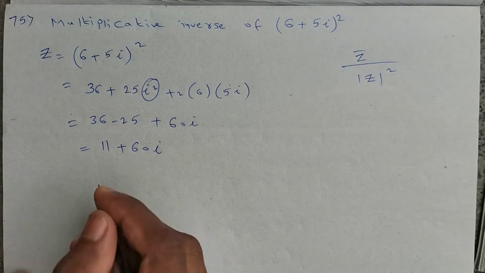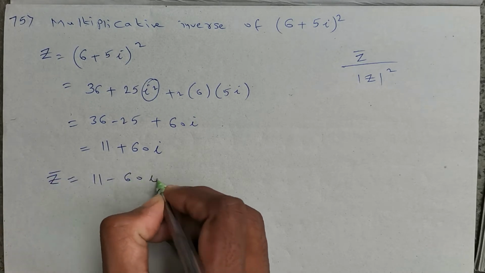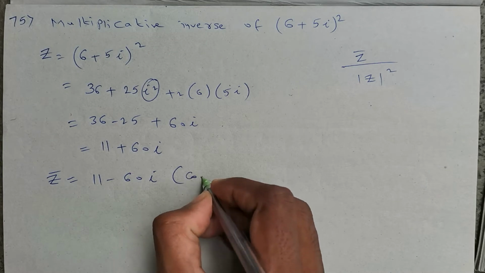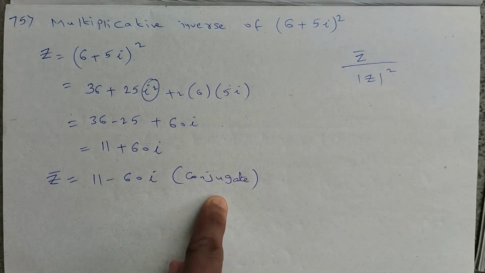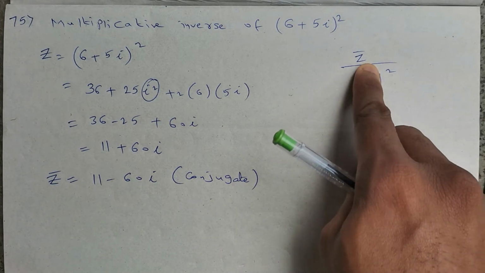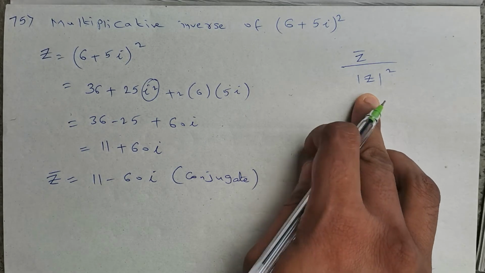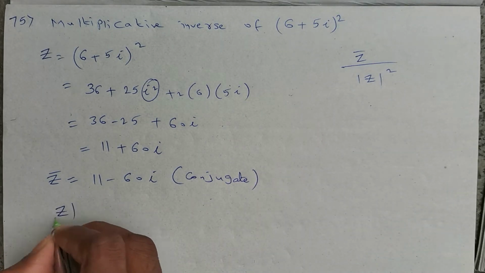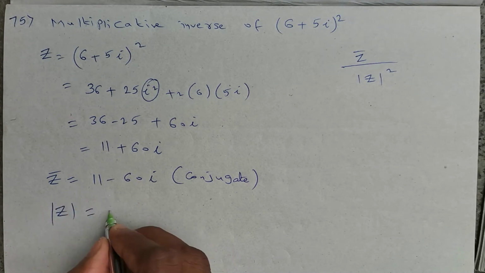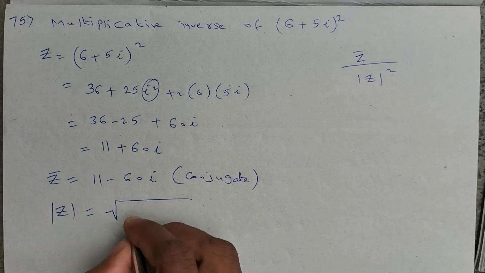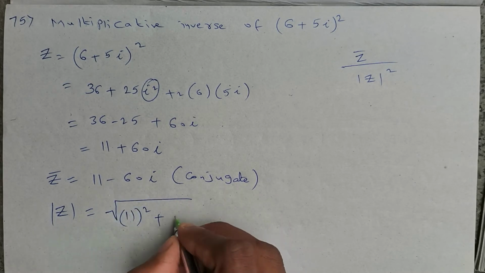So conjugate of this, that is z bar, is equals to 11 minus 60i. This is conjugate. So conjugate is 11 minus 60i. So z bar value we got, that is conjugate. Now let us find out this denominator, that is modulus z. So modulus z is nothing but, in the given z bar, under root first term square 11 square plus minus 60 square,